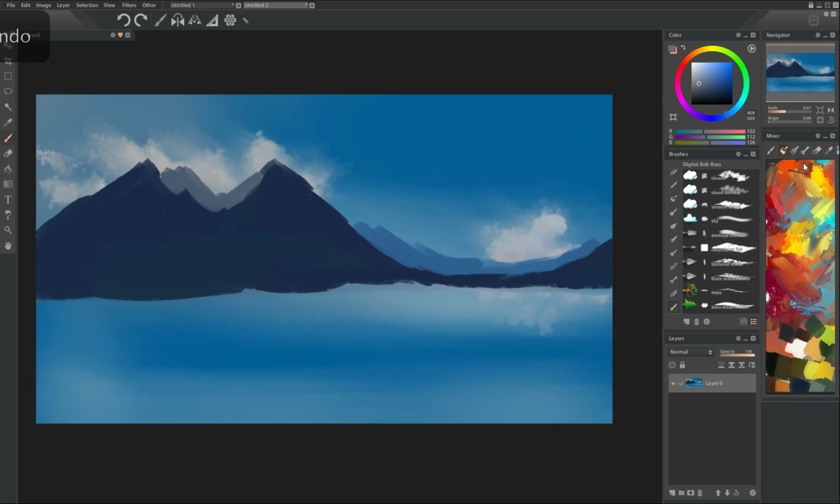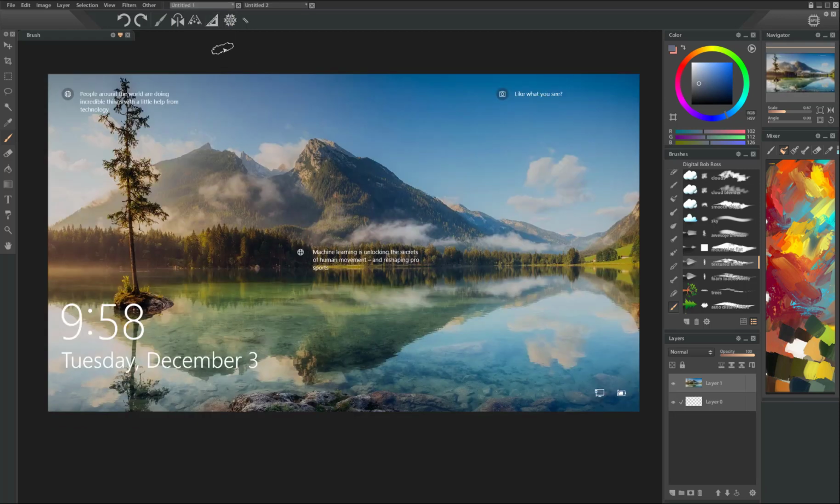Okay, now let's go and do those very, very back mountains. Remember, you work from the back to the front. Take our textured mountain brush. I'm going to use that color I just grabbed, that's good for the shadow side. Just add a little bit of that in there, just a little texture. And normally I would pick my own colors, like you guys see in my other videos, I usually do that, but I'm going to,